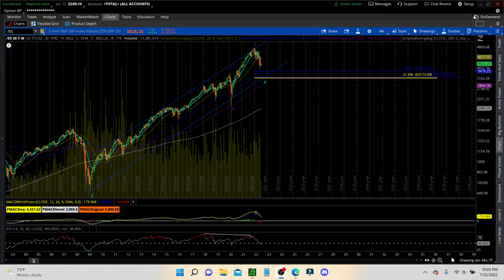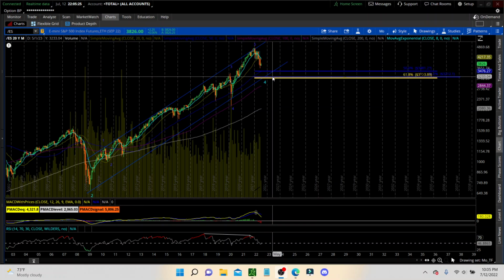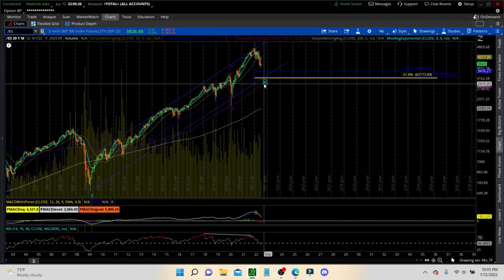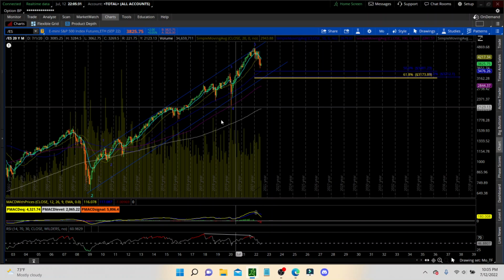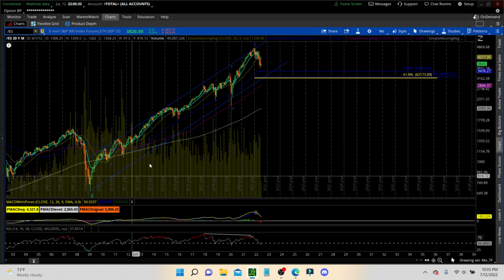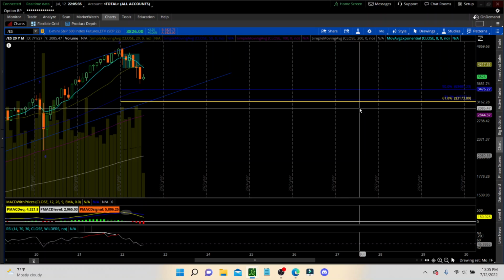We're going to go to ES on the multiple time frames, with monthly started. So we had our ending wave of 1, 2, 3, 4, 5, and we're coming back down for a possible larger wave 4 or wave 2. We don't know yet, but we're in a downtrend. So we're going to continue to look at this that way.